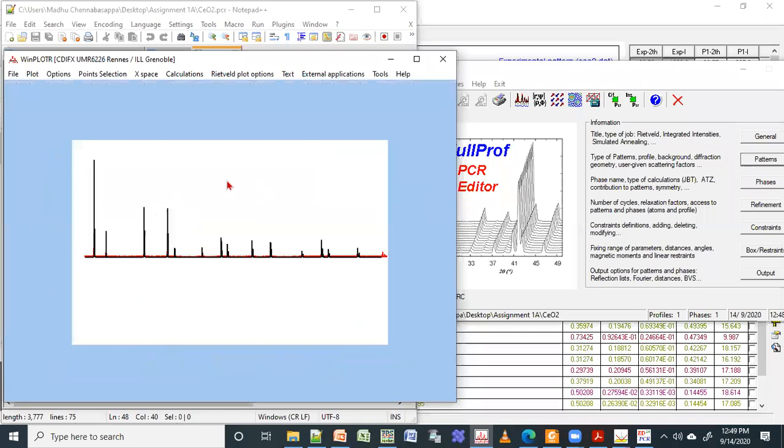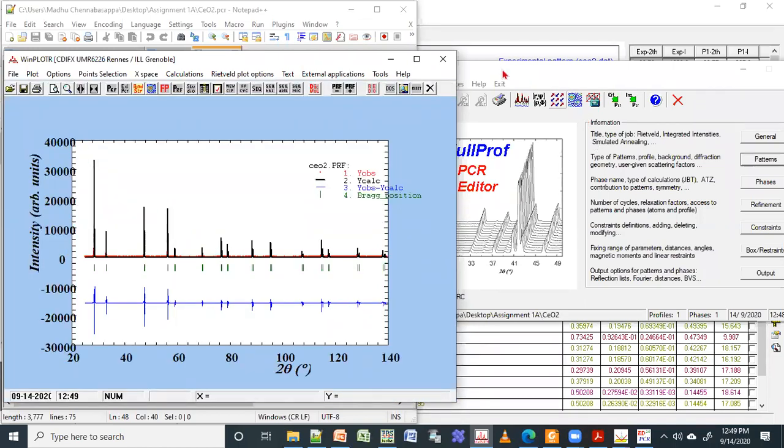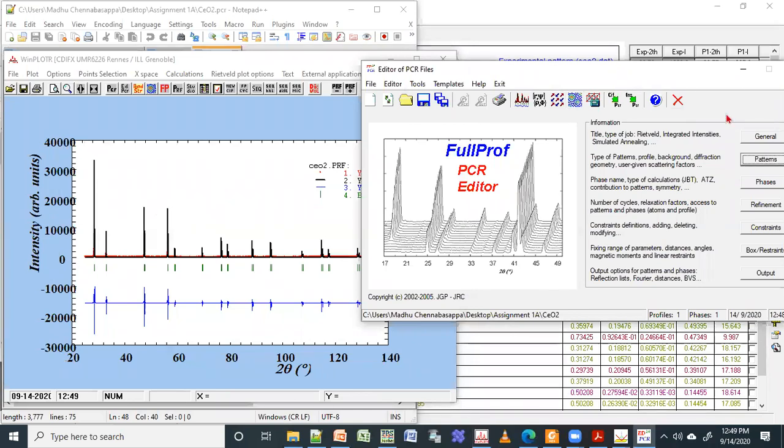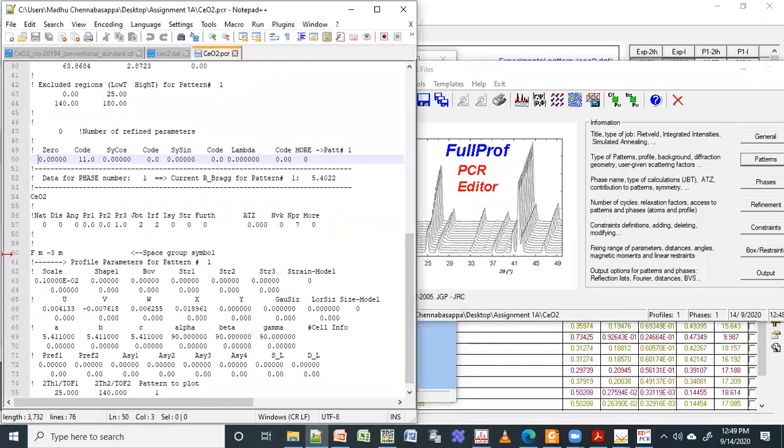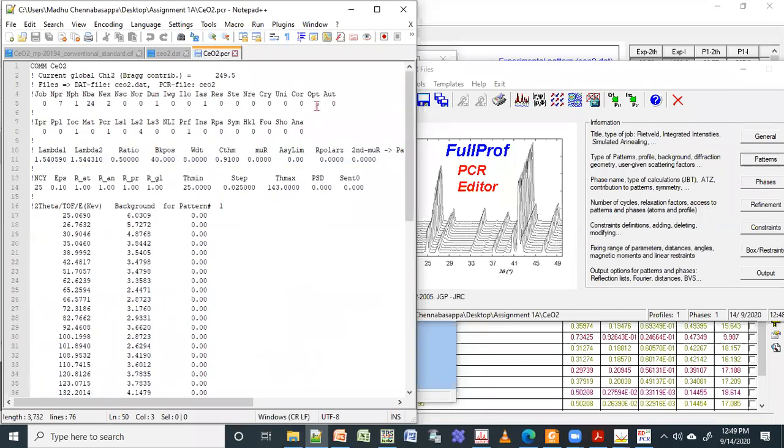So now how to fix that? If you go back into your program, either your FullProf program or the program you are running, you are changing only the zero error. You are not changing the ABC parameter, right? So I think it is changed. I will put auto 1. Always try to keep this auto 1. It is better practice. Only then it will give better refinement or fittings.